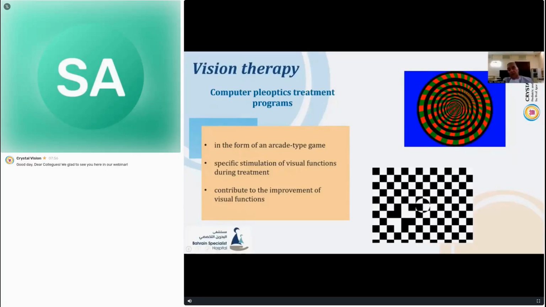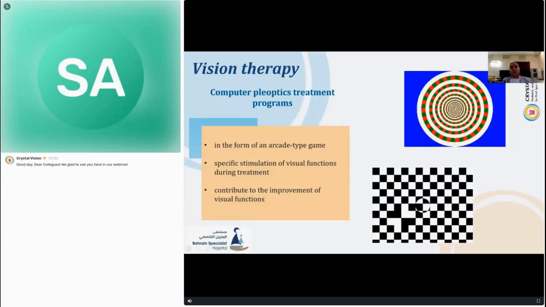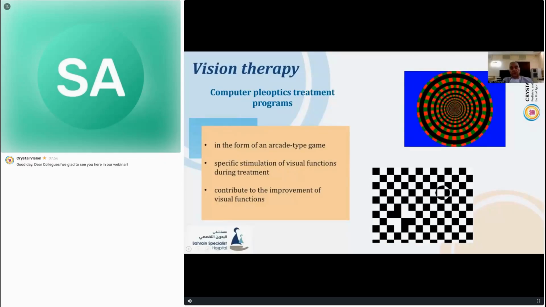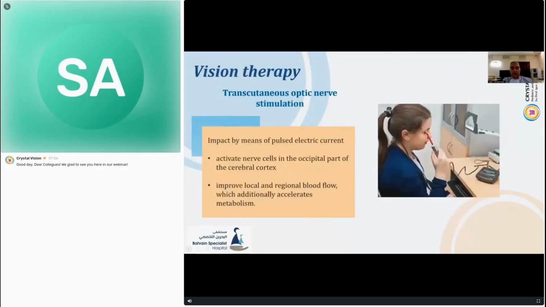The top image shows color patterns again, which allow us to improve not only the on-off black and white perception, but also color perception. Transcutaneous stimulation of the optic nerve causes so-called phosphenes, such as flashes of light. These phosphenes take place in the optic nerve at a certain current strength in the human visual system.